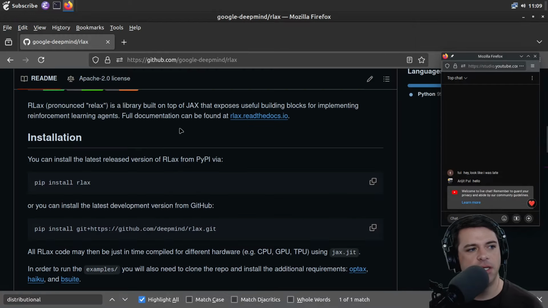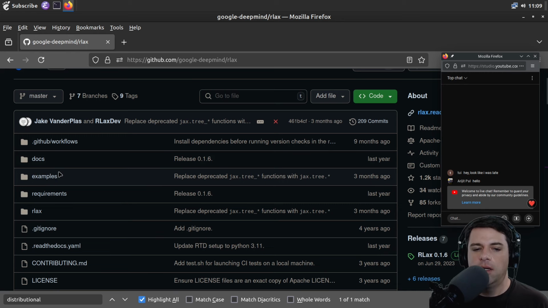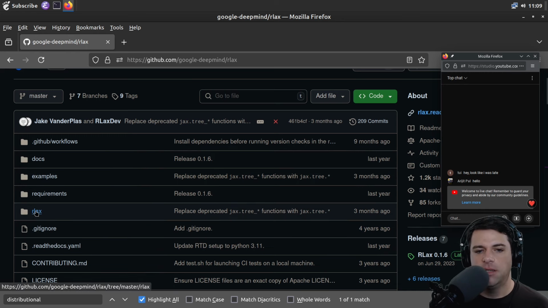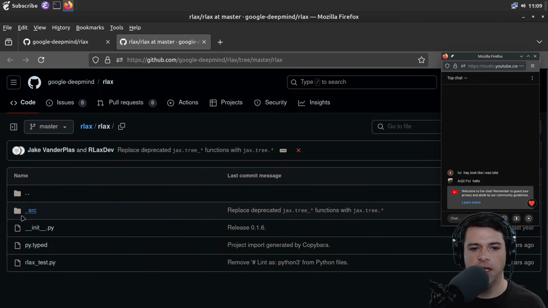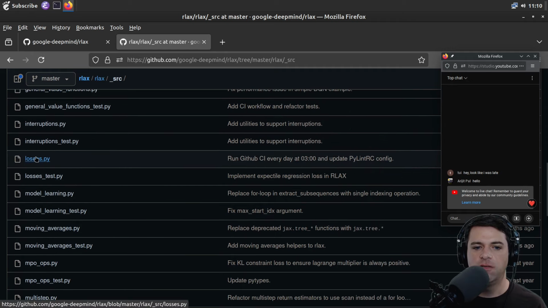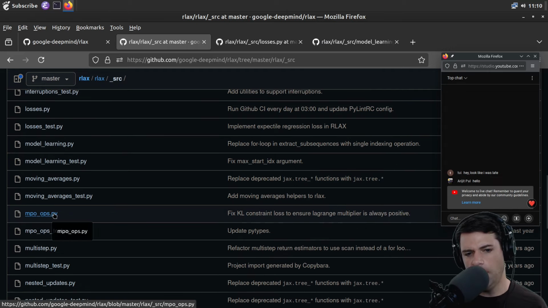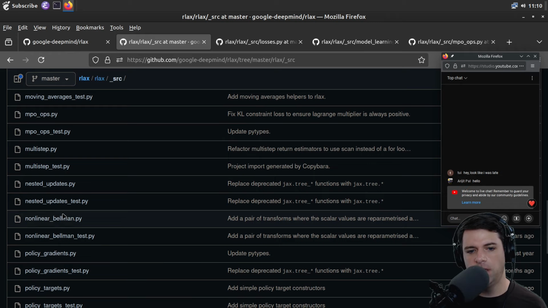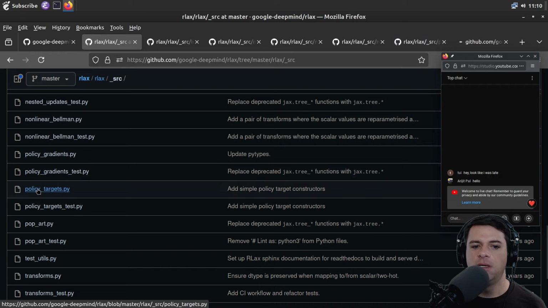Sounds good. Okay, so now let's actually get to the Rlax code. We've got examples and requirements and Rlax. I'm guessing requirements is just Python requirements. And in Rlax, we have underscore source and some typed stuff. I guess that's probably typing information. And we have a bunch of things like losses, model learning, moving averages, MPO ops, MPO, multi-step, nonlinear Bellman, policy gradients, policy targets, pop art,